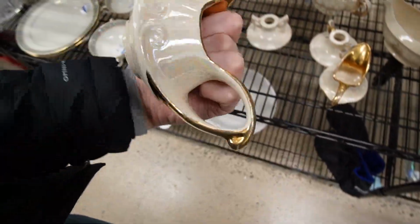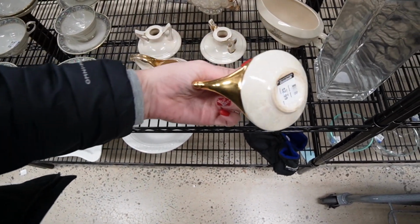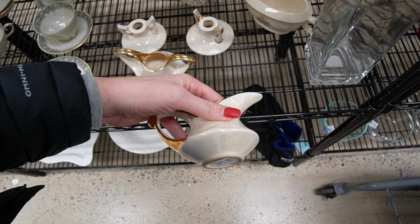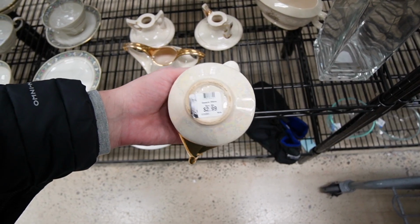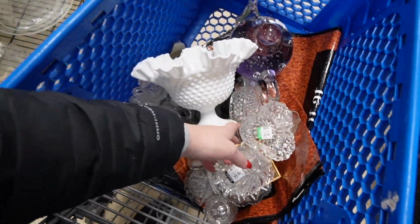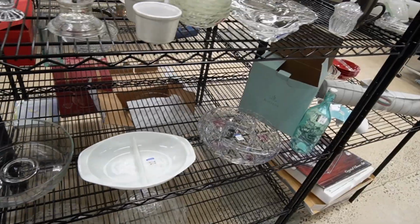This is pearl china, I believe. Just because of that shape and the contrast between that pearl luster and that gold. There's some more of it. Loading up on it today. It's not something I normally pick up, so...